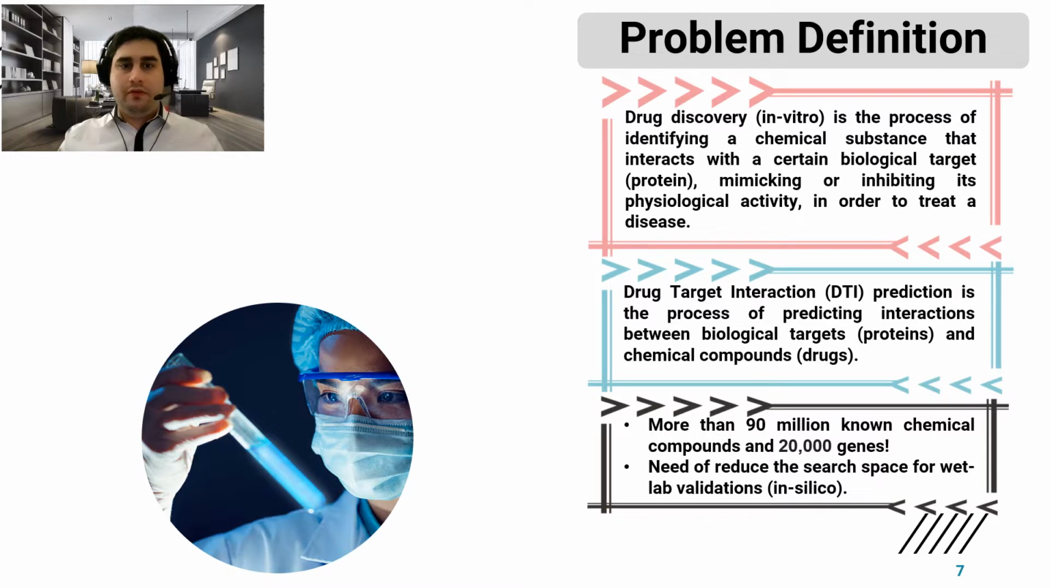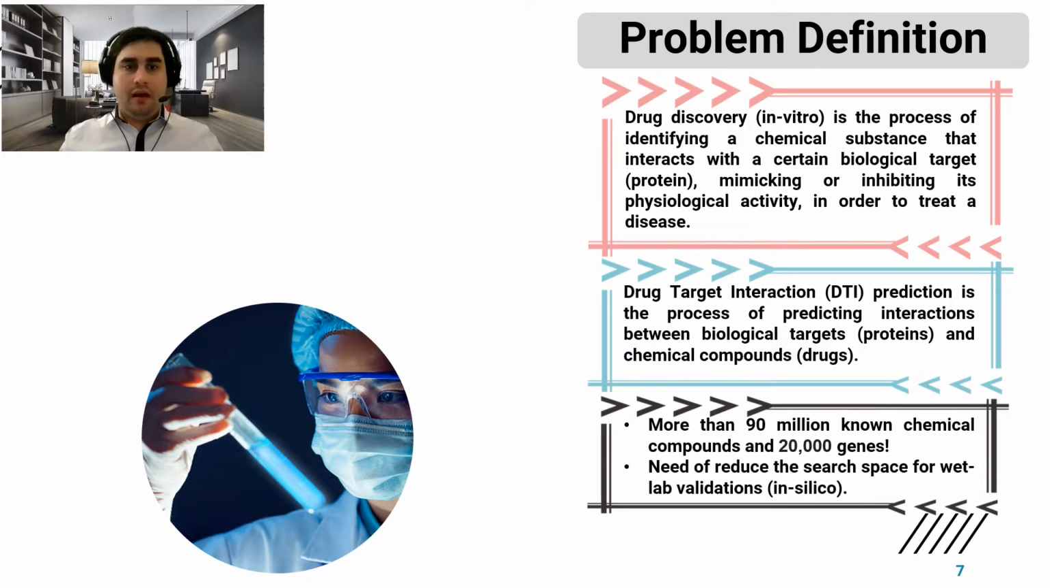Let's describe two important definitions. Firstly, drug discovery in vitro is the process of identifying a chemical substance that interacts with a certain biological target protein, mimicking or inhibiting its physiological activity in order to treat a disease. And secondly, drug target interaction (DTI) prediction is the process of predicting interactions between biological targets, proteins, and chemical compounds,